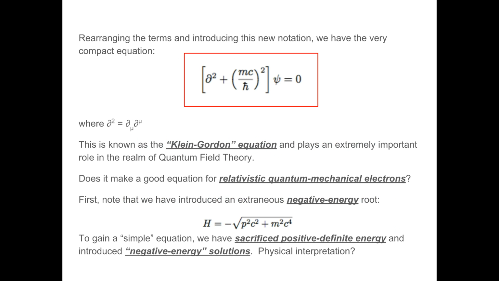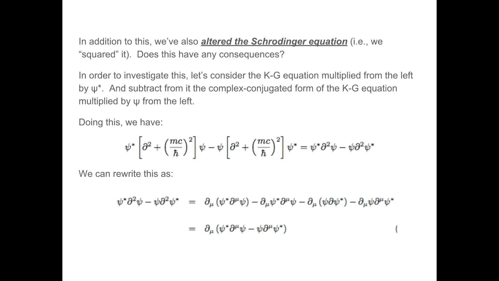And so in order to derive that Klein-Gordon equation, we had to alter the Schrodinger equation. In other words, we squared it. And so that might be a point of concern. Did we mess something up when we squared the Schrodinger equation? One way you can check this is to try to construct a continuity equation. Everybody remember what the continuity equation is in quantum mechanics? It's something like